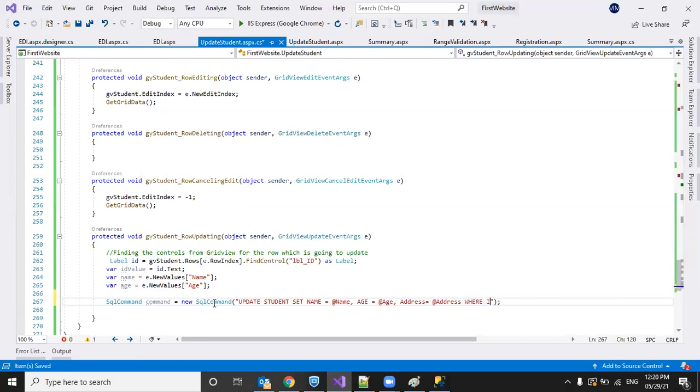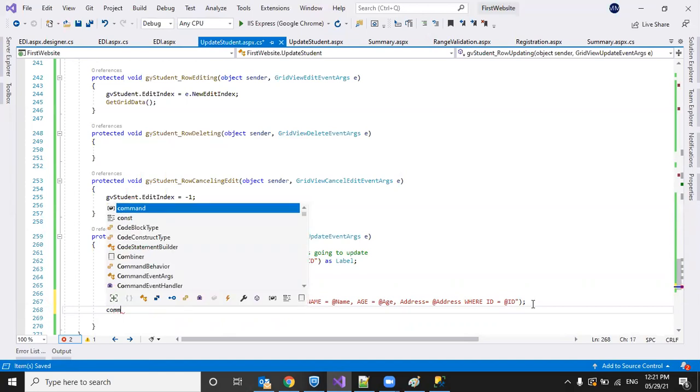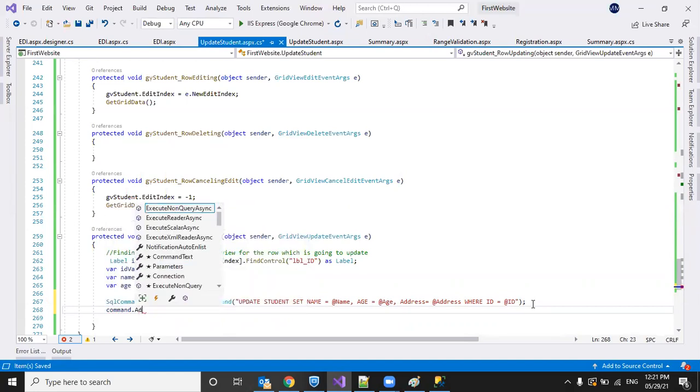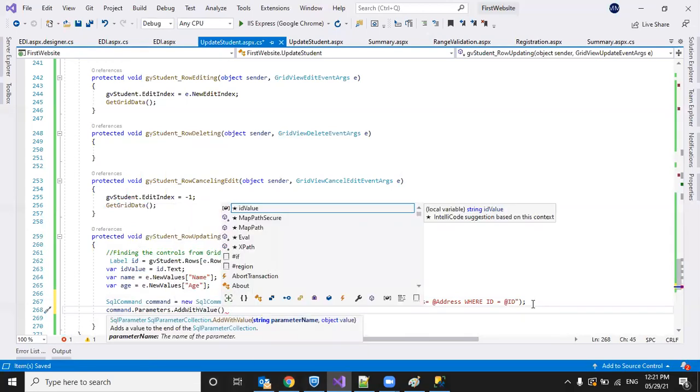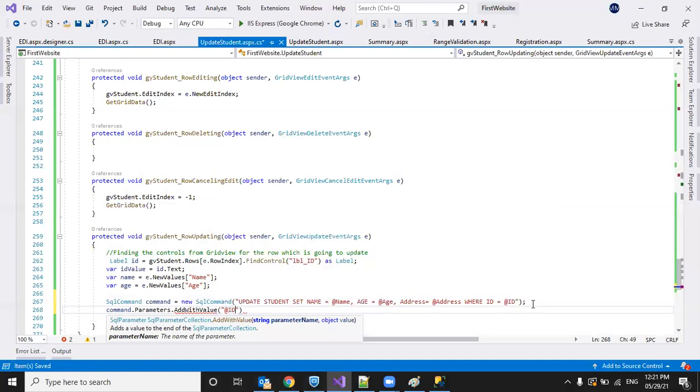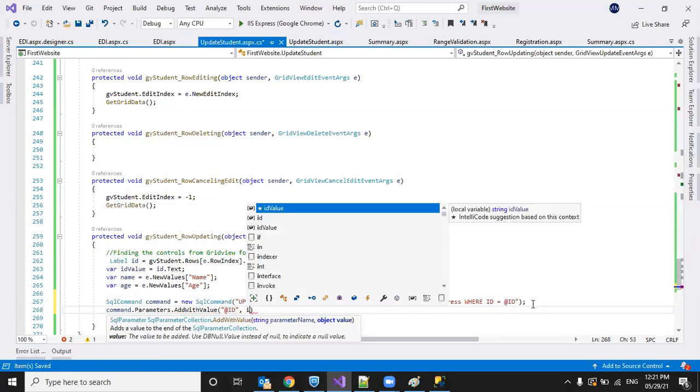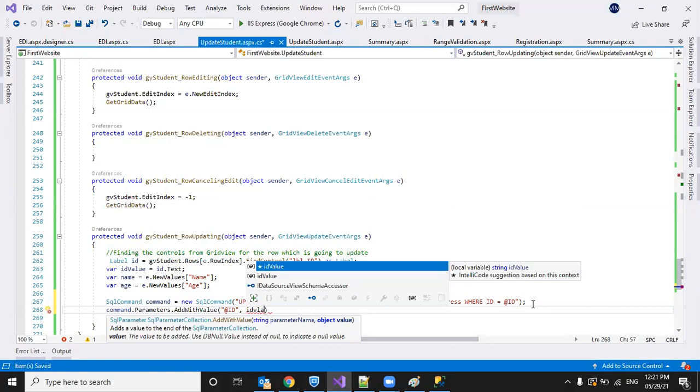Next, where id equal to id, I have the id value variable, that is the label. I am displaying it as a label, right? So I can set it as the id parameter. Now I can add these parameters to the command object: command dot parameters dot add with value. What is my parameter name? @id. So where is the value? id value.